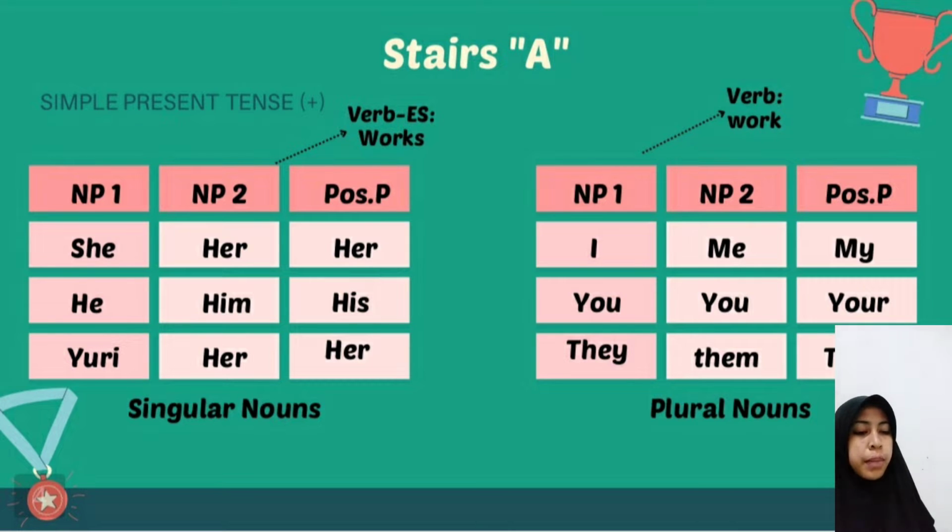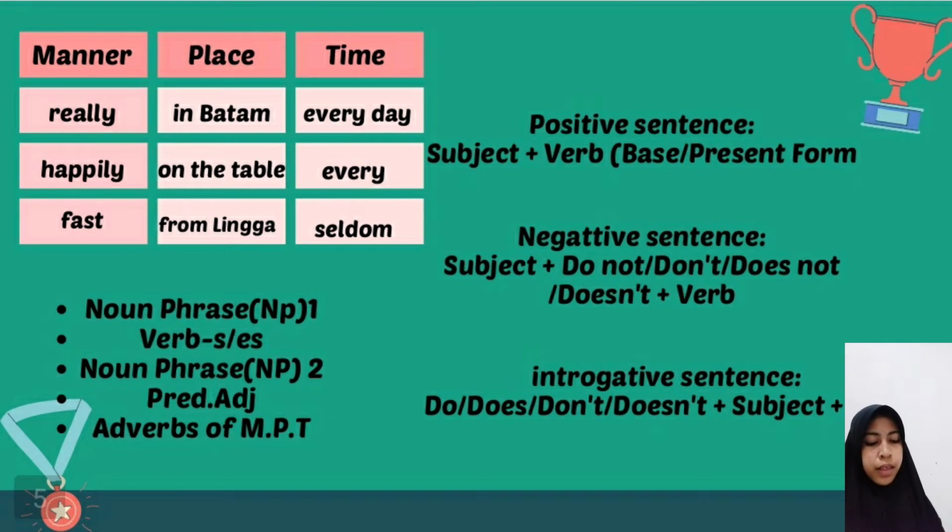Then the count table also has NP1, NP2, and post-P. This count table includes plural nouns. The verb is work. And as for the stepping, there is noun phrase NP1, verb, noun phrase NP2, predicate adjunct, and